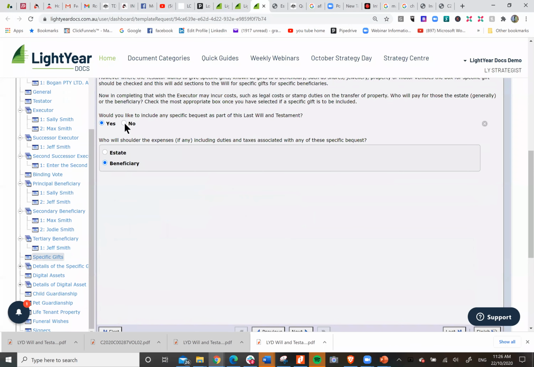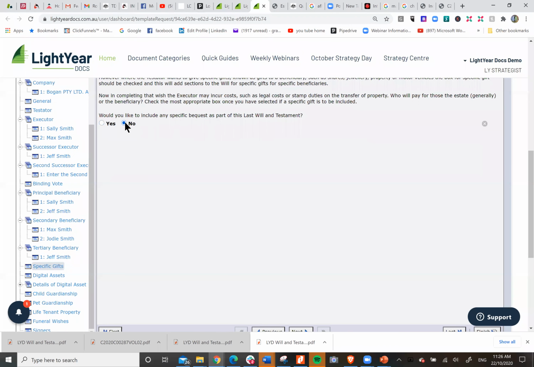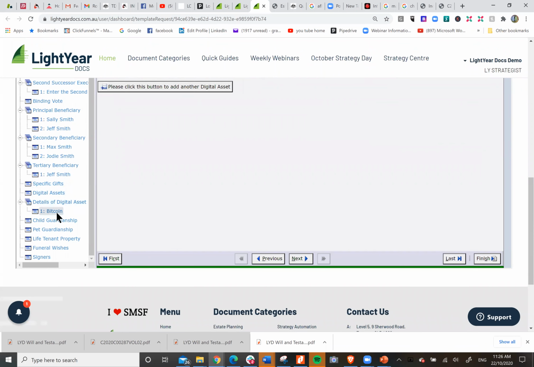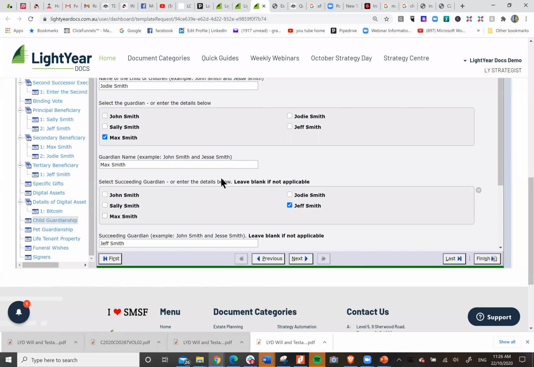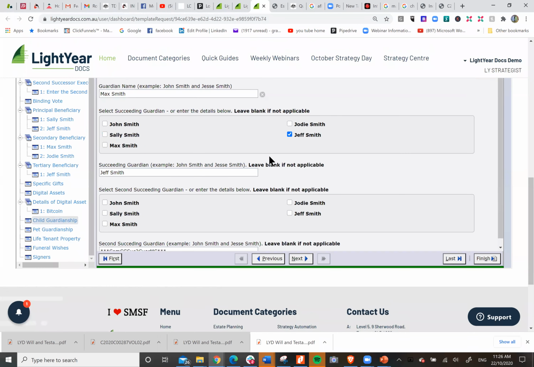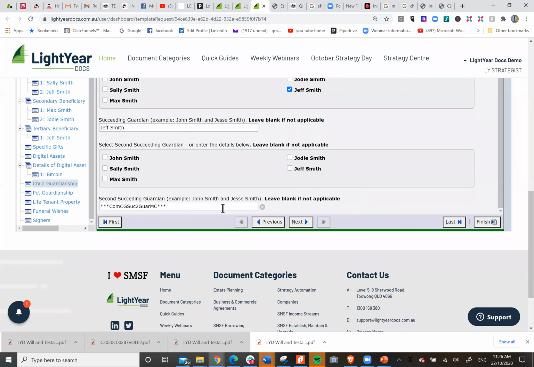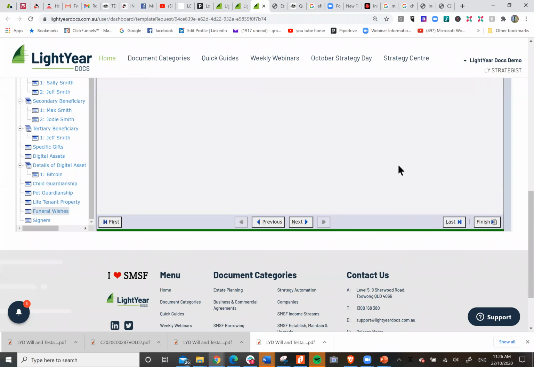Specific gifts, I'm going to say no, remember, because that was going to go to Sarah. Digital assets, that's all the same. Child guardianship, so I've got Jeff Smith, Max Smith, and then obviously there's none here, so I just take that out and leave it blank. Pet guardianship, life tenancy, funeral wishes, and that's it.